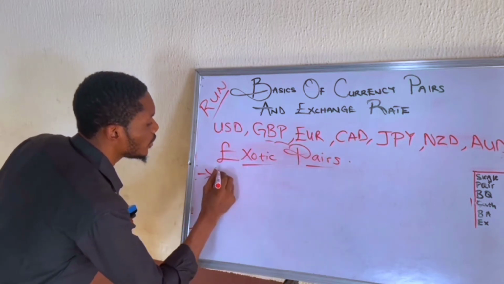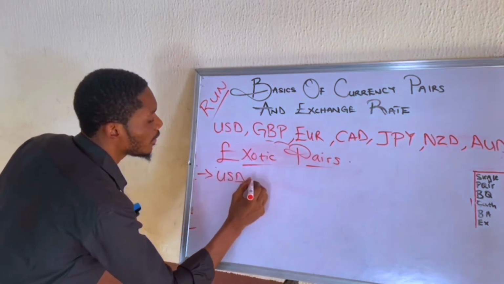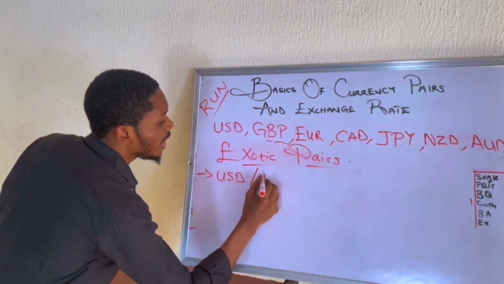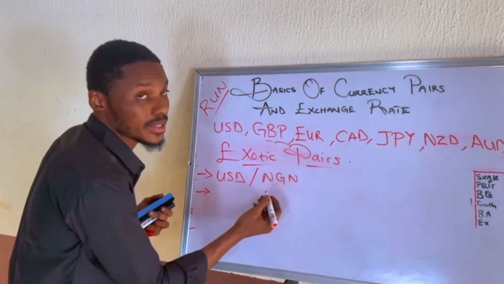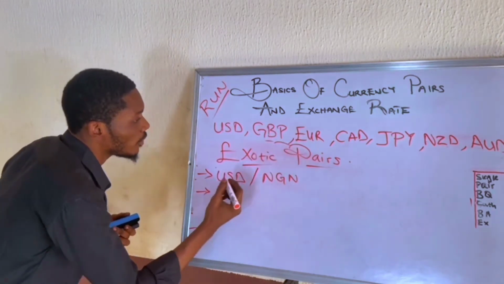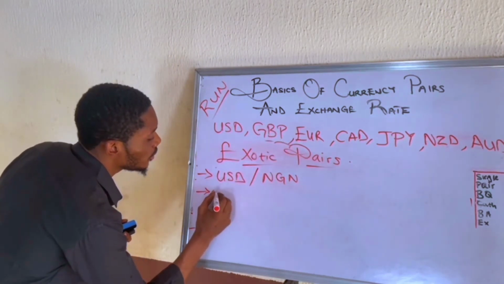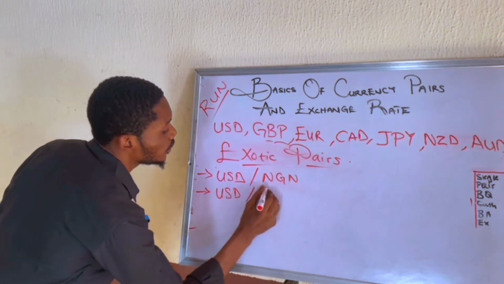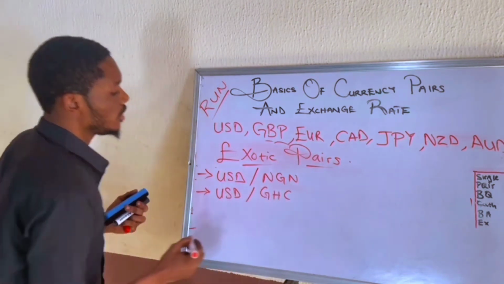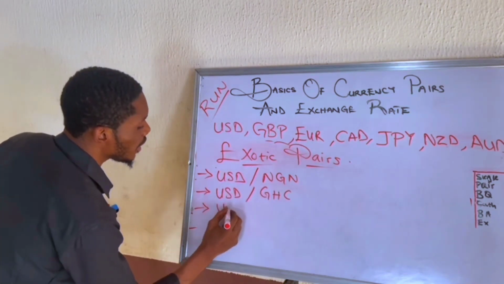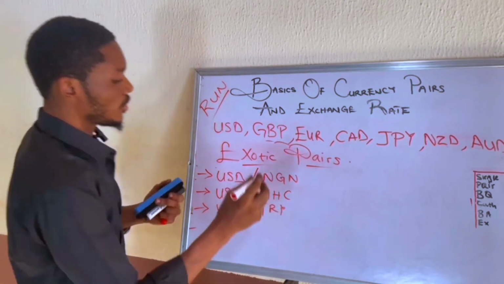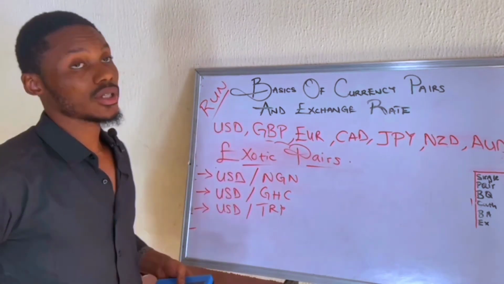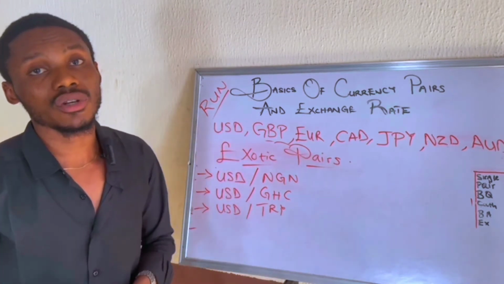So I have the USD/NGN. When you're writing currencies, it needs to be in capital letters. So you have to put that at the back of your mind as well. So you have the USD/GHC, USD/TRY. So you see, when you're trading exotic pairs, you know the main purpose of forex trading is to grab